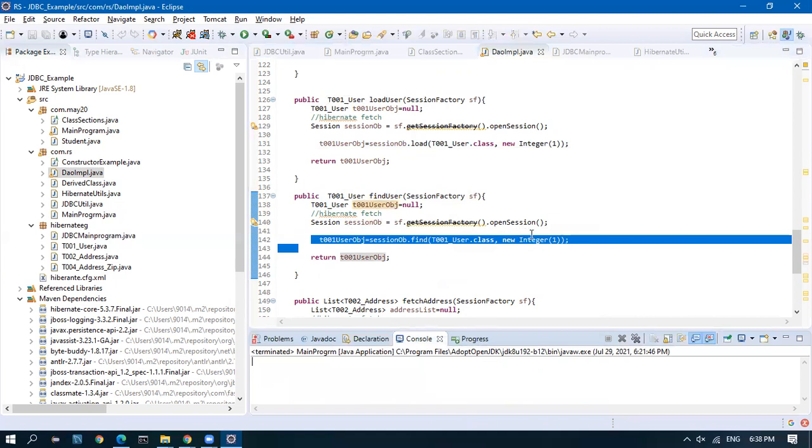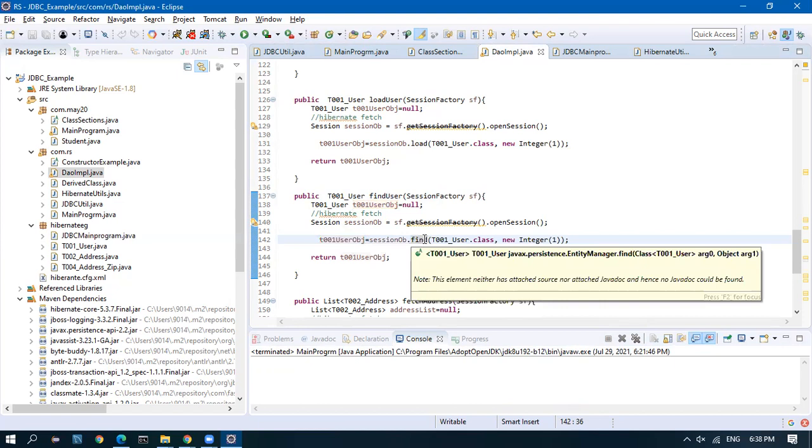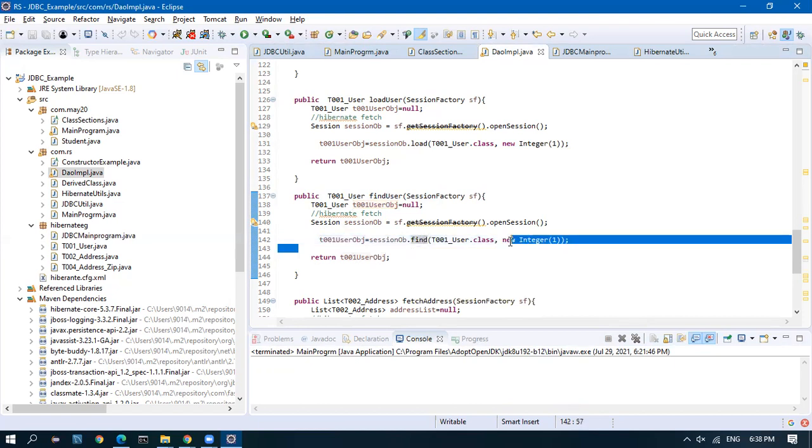And previously, what we did, we created a prepared statement. We gave a question mark. We set the value, and then we ran an execute query. And then using the result, we took the values and then we gave a sysout, right? That complete set of methods is gone and it is only one line now. In session, we are not giving any conditions, right? This is a condition. This will be mapped with the primary key.